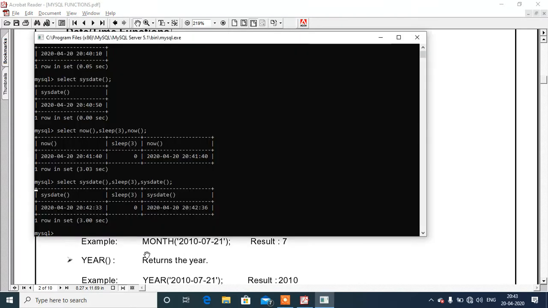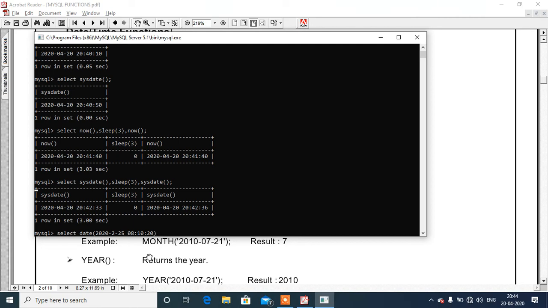For example, if we write select date in brackets '2020-02-25 08:10:20'.